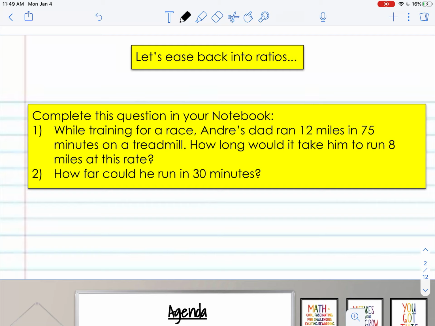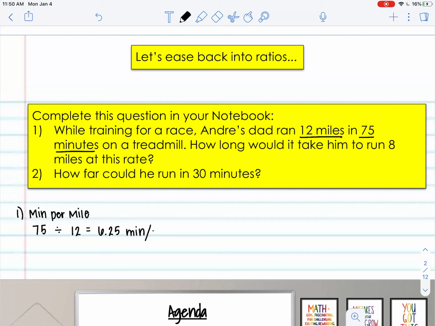So we talked a lot about finding the unit rate before break. And in this case, the unit rate that would be helpful to solve question 1 is going to be figuring out the number of minutes per mile. So the number of minutes it takes Andre to run 1 mile. We know that Andre's dad ran 12 miles in 75 minutes, which means we can divide 75 divided by 12, which gives us 6.25 minutes